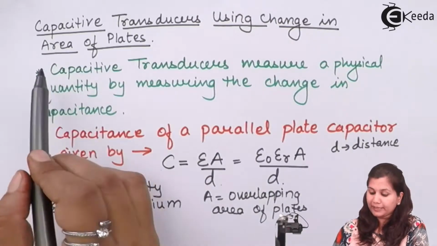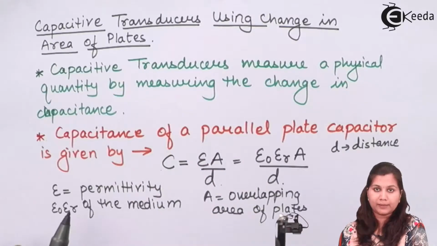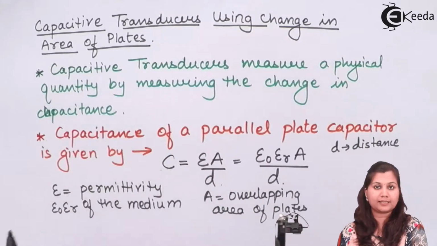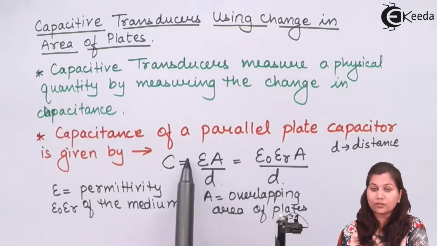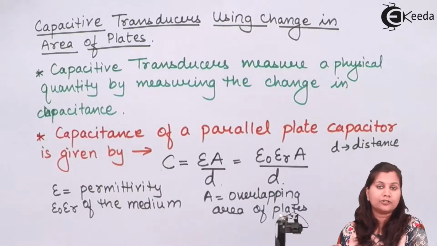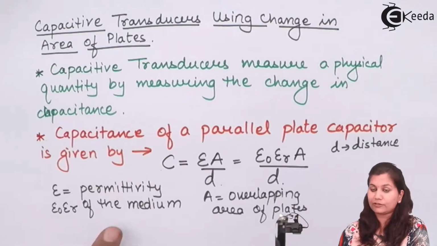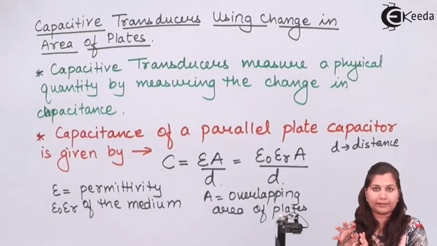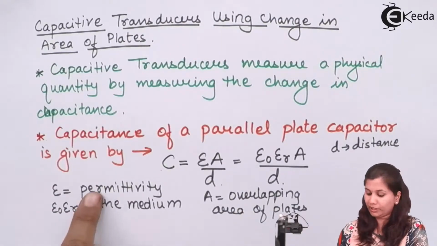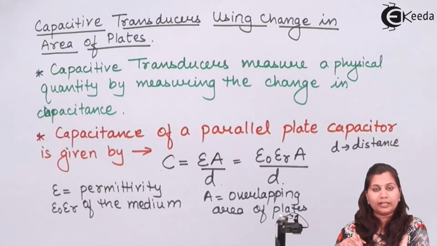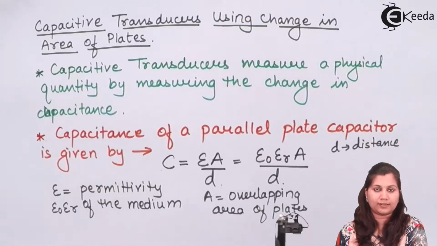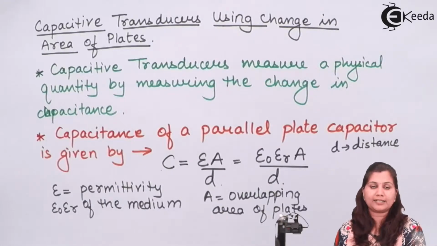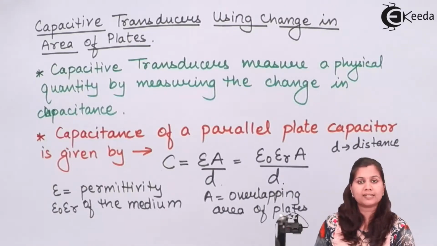So the capacitive transducers are based on the principle that the change in the capacitance is caused due to changes in any of these factors, that is either the change in the overlapping area, change in the distance between the plates, or change in the dielectric medium. Dielectric medium is the material which is between the two plates. So if we are changing the medium, we are changing the permittivity. So if we make any variations in the dielectric medium, then also capacitance changes. So any changes in these three factors are going to change the capacitance,